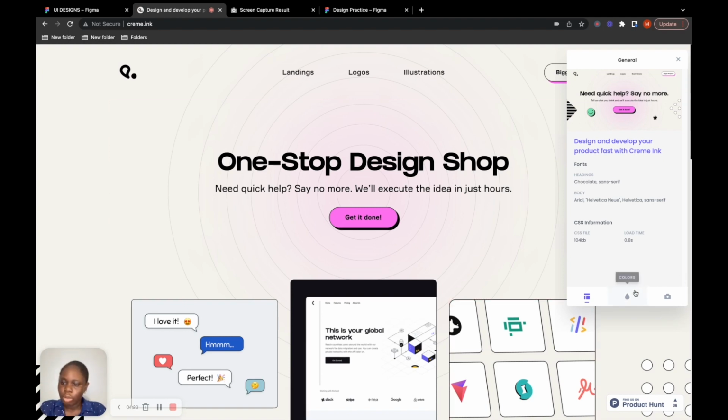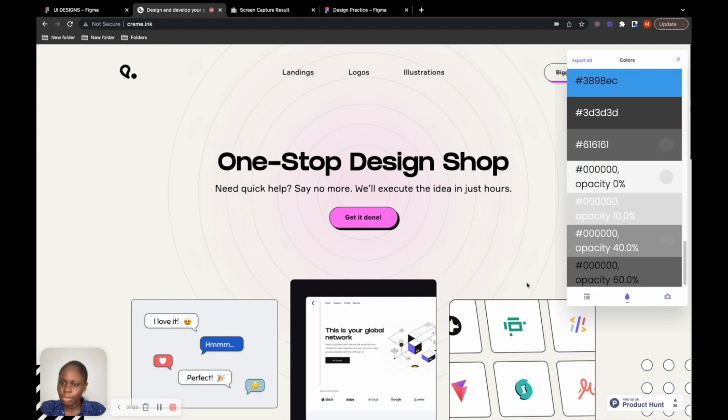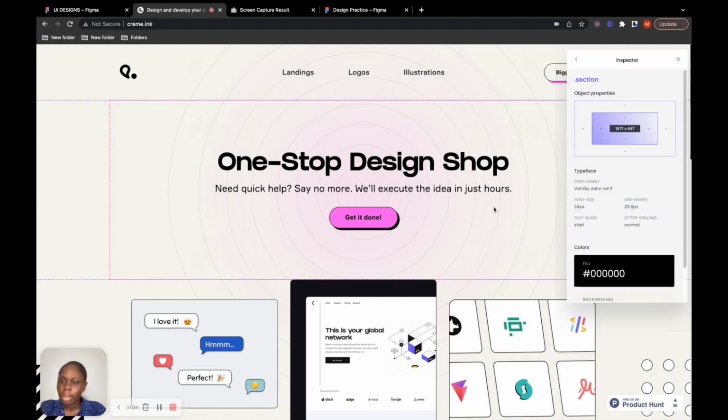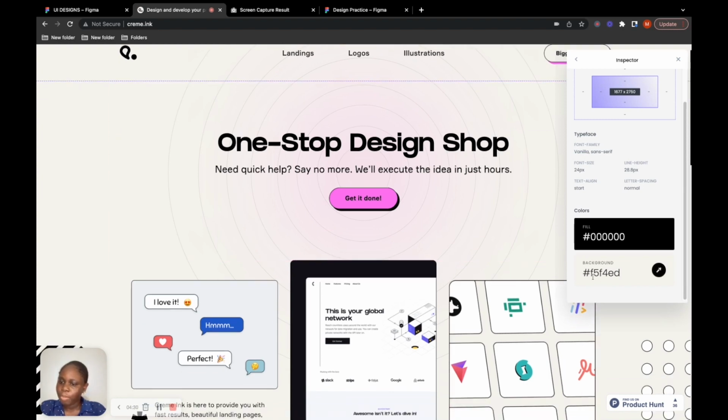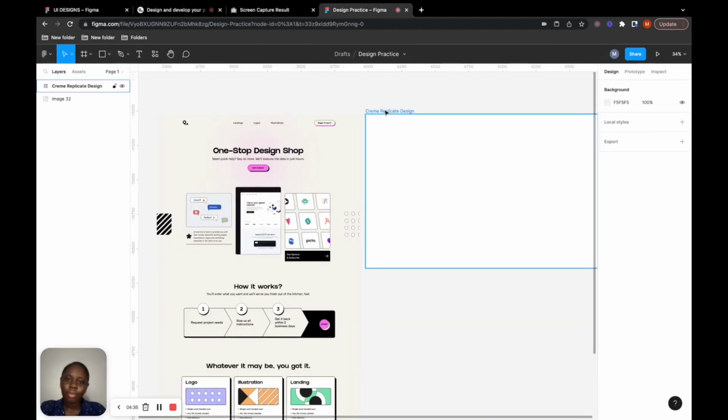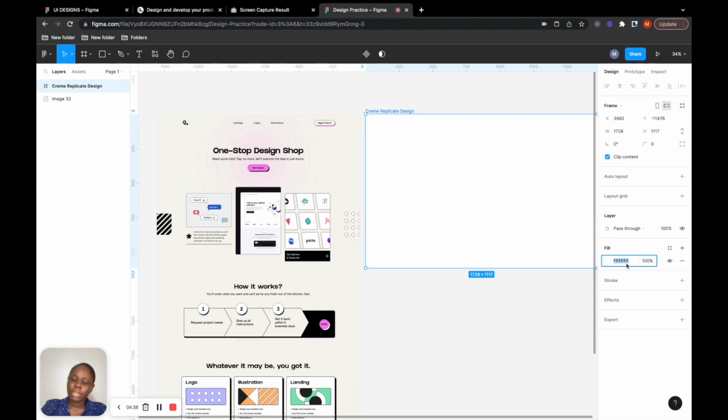So to get the color that was used on this, I'll just click on this, and I can see the color that was used for the background. I selected the background and then this came out: F5F4ED. I'll copy that and paste. Yeah,